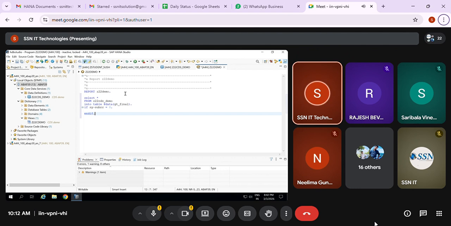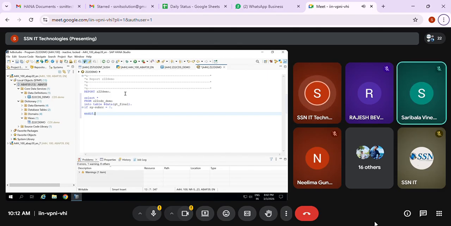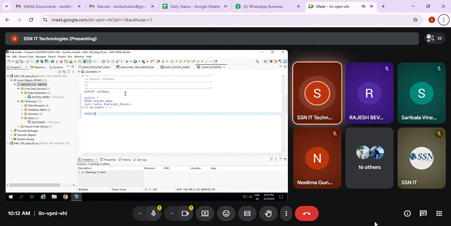But for that, what is required? You need to create your own screen. Correct? Then you have to drag and drop the custom controller, then convert that custom controller to a container. Then you need to pass that grid to that. After that, set table for first display to pass the data. This and all we are going to do.